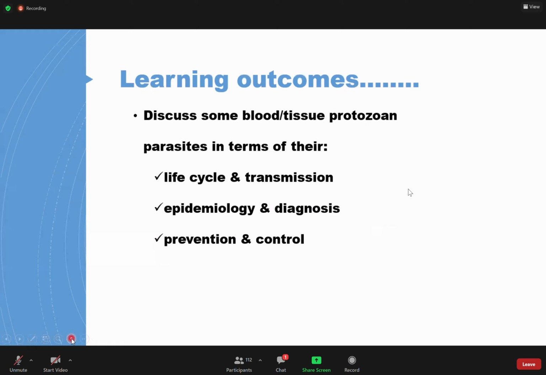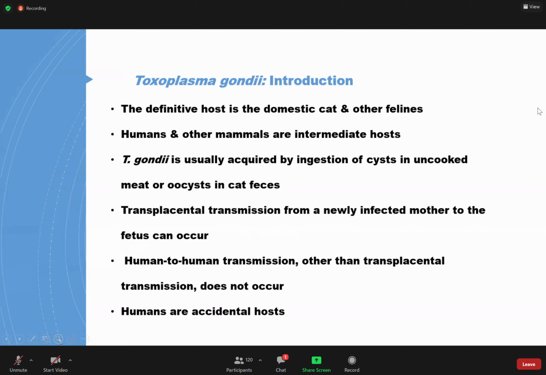Last lecture regarding protozoa and parasites. And just like the learning outcomes had been right from the first time I had contact with you, we are going to discuss them in terms of their life cycle and transmission, epidemiology and diagnosis, prevention and control. So we start with